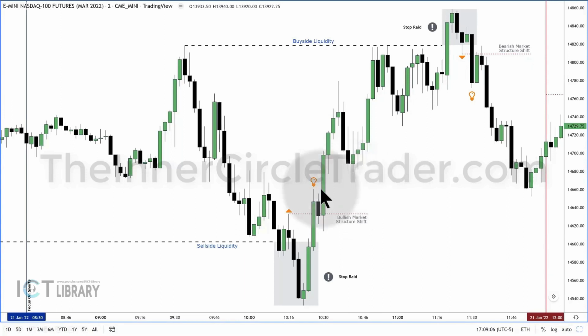Okay, this fair value gap. In other words, going down to this candle's high. That's something that you strive for over time. If you understand what I just showed you here, that's a very simple process of looking for, number one, liquidity, gauging what happens without having to know for certain, because you don't know. You're not going to know until the market shows its hand. This is it showing its hand.